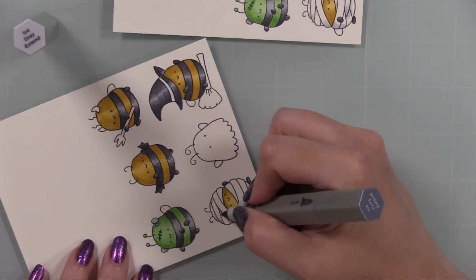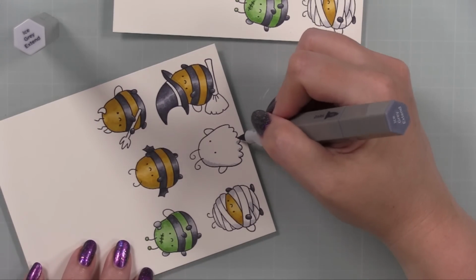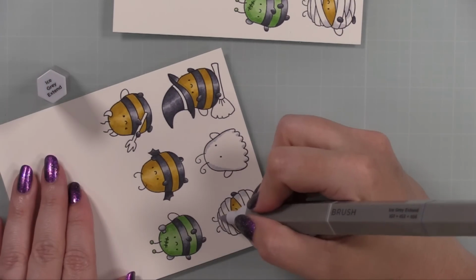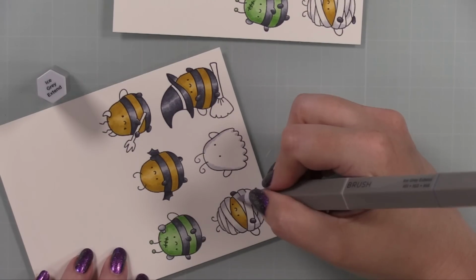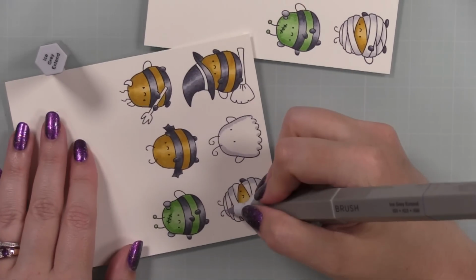I love bees. Like in real life, I love bees. I think they're so cute. There's nothing that makes me happier than when I'm out watering my flowers and there's just a fat little bumblebee hanging around. It's like, yes, love it. Anywho,